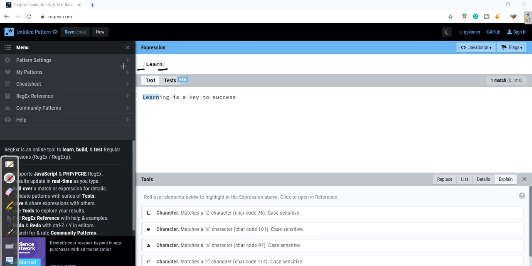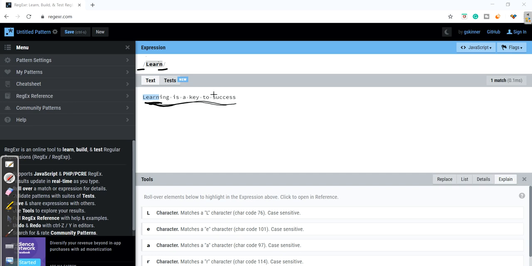The regular expression I have used here, learn, is going to match, and here I have written a sentence, learning is a key to success. This regular expression learn is going to match these literal characters in a text string.